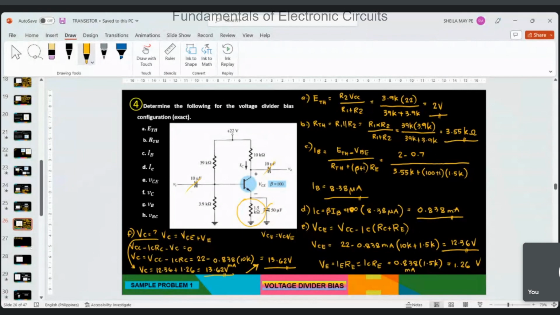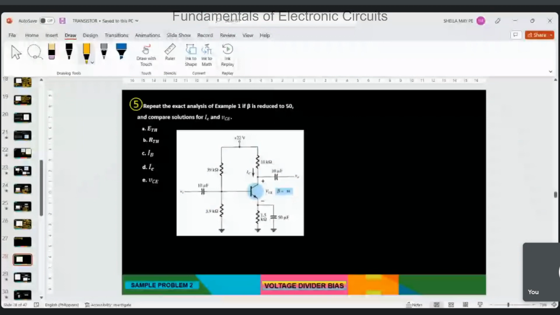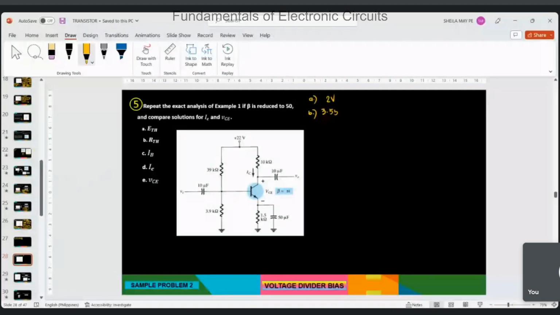Finding IB. Since ETH has the same formula as our first example, ETH is 2 volts and RTH is 3.55 kilo ohms. These don't change because the resistors and the source are the same. Now for IB, it would be ETH minus VBE, divided by RTH